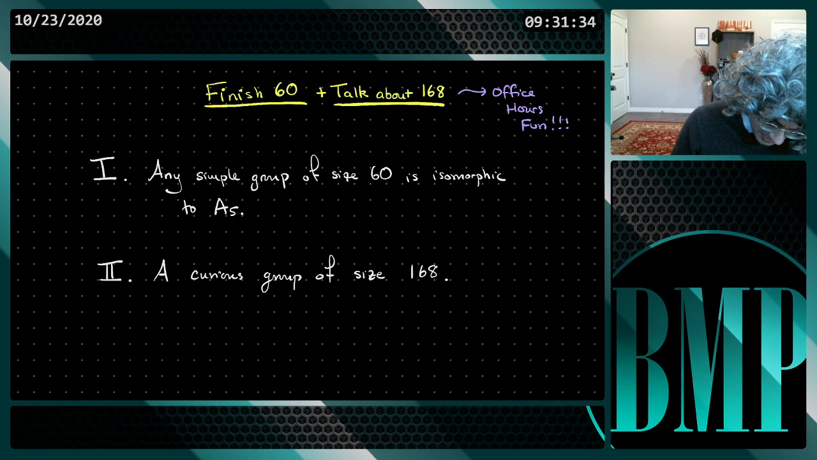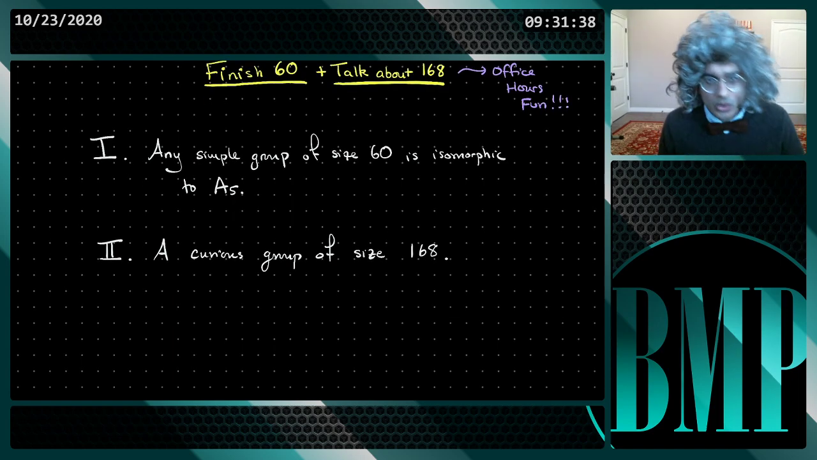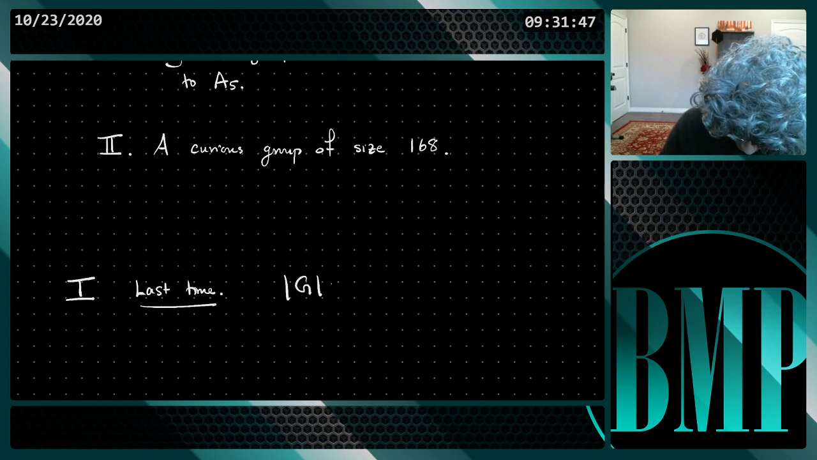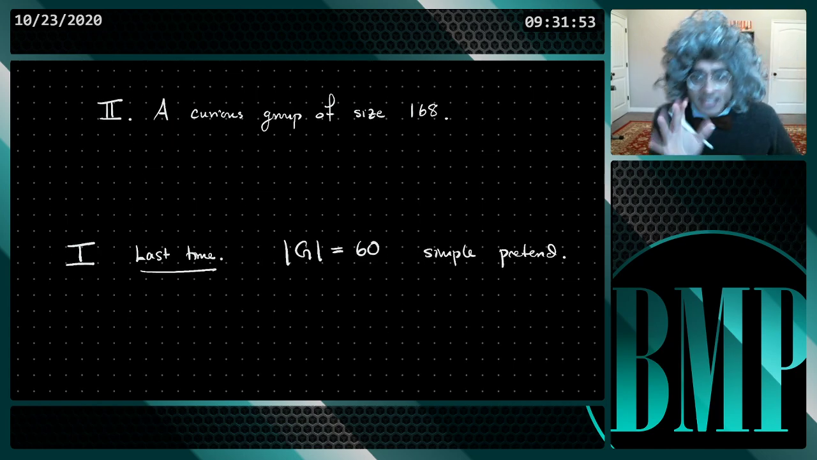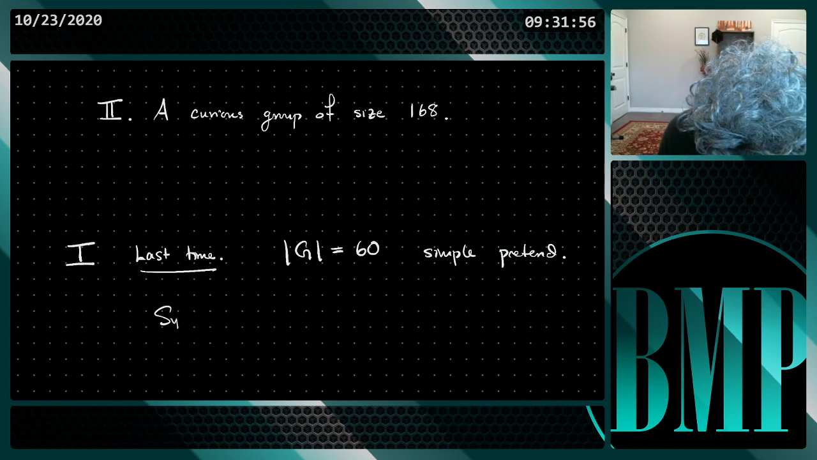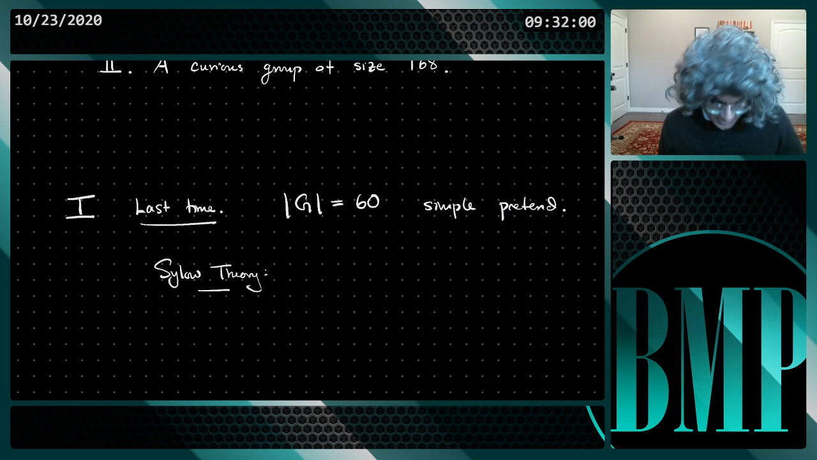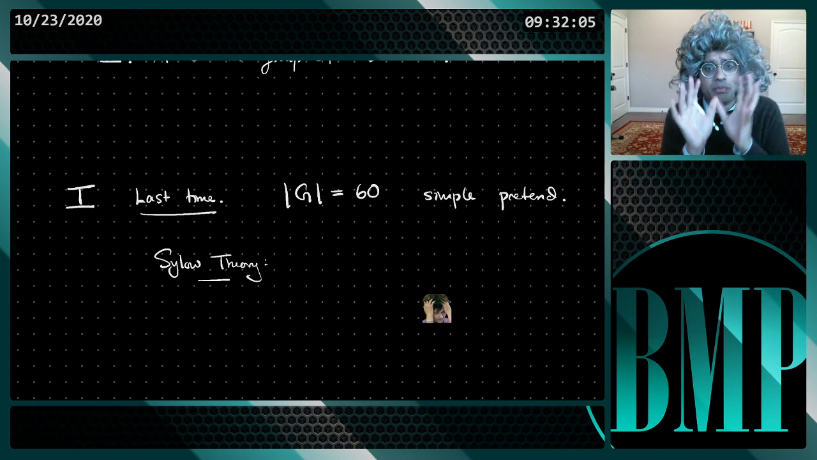Let's reorient ourselves as far as where we left off last time. So we know we have a group of size 60 and it's simple. Pretend. Then what does Sylow theory tell us? It tells us that, okay, so